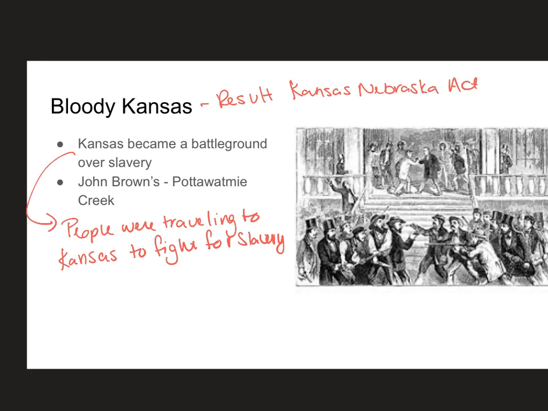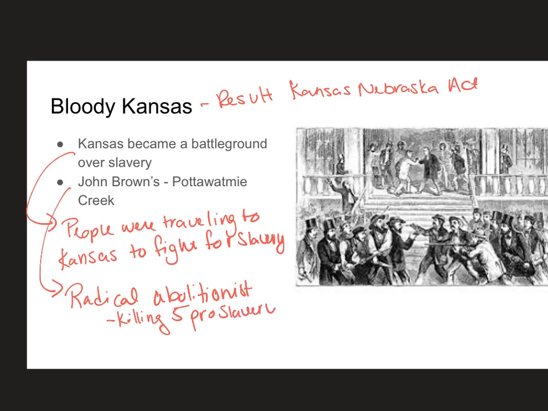John Brown, at Pottawatomie Creek, was a radical abolitionist. So he was somebody who was against slavery. They ended up killing 5 pro-slavery individuals. However, there was a total of 200 deaths and over $2 million in damages